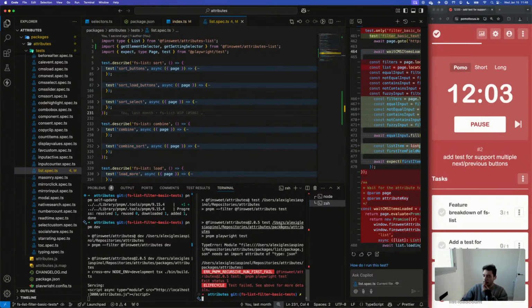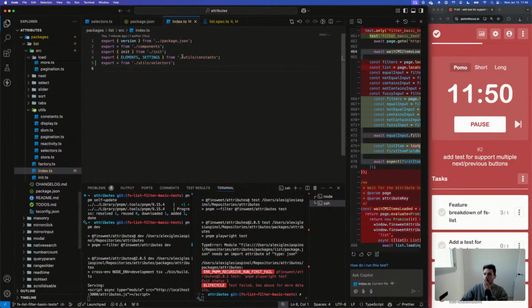What? I'm exporting elements and settings. I'm exporting a theme from components package.json. The module needs an import attribute of type JSON.